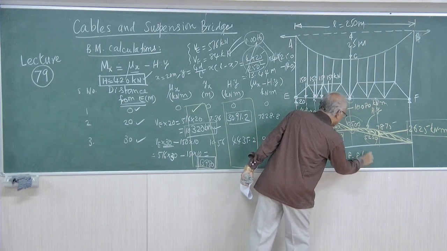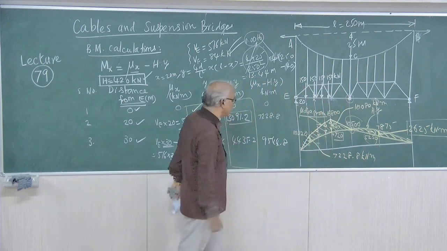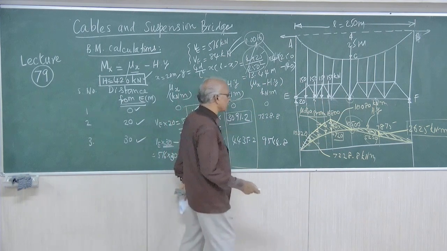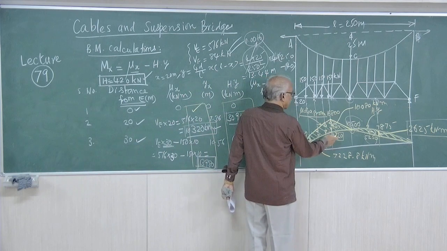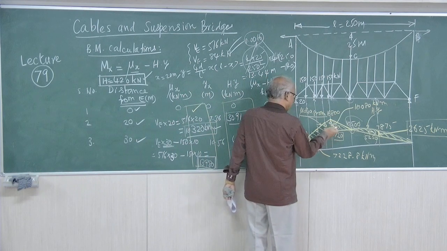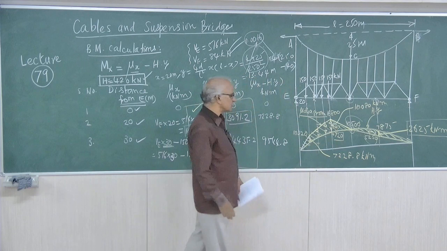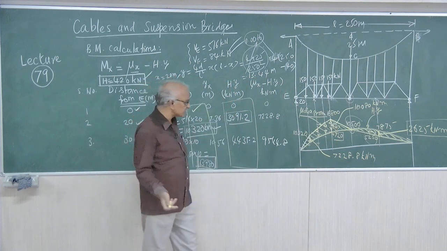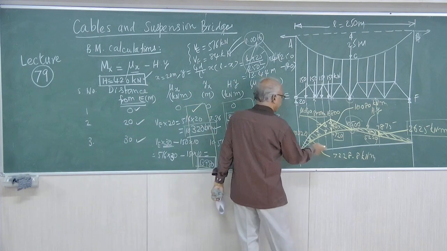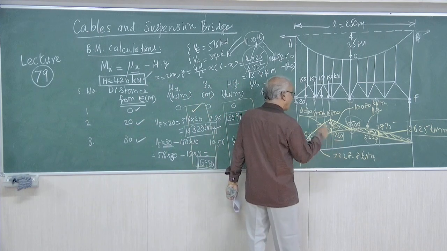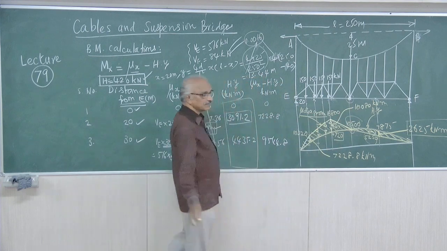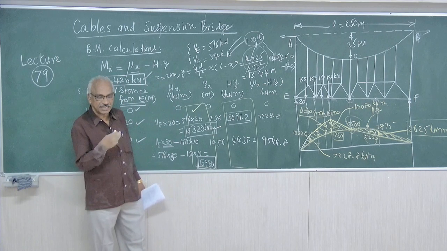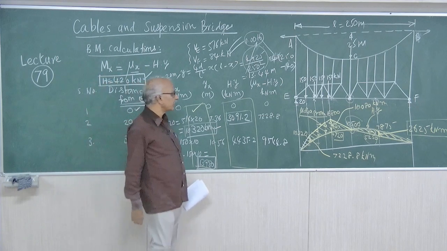7228.8 kilonewton meter. We need not mark all the values because the diagram will become congested. So one or two values, you can show the maximum value, you can show the negative ordinate and mark the net ordinate. Similarly, salient values, you need not mark all the values on the table, because there is a tabulation which gives the values of mu x, the values of h into y, and the value after subtraction in the last column. Everything is available in the table. But important points, you have to highlight the values and that will complete the bending moment diagram.